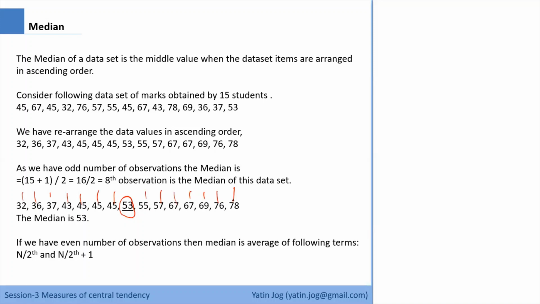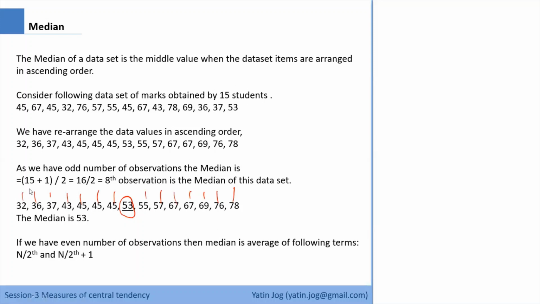So division of a data set is a very common concept in analysis. Either you can divide the data set into 2 equal parts, 4 equal parts, 10 equal parts, or 100 equal parts. Based on that, we have median, quartiles, deciles, and percentiles as the concepts. We are not going to discuss deciles, quartiles, and percentiles here, but in Excel, I'll show you how to calculate quartiles and percentiles using formulas.